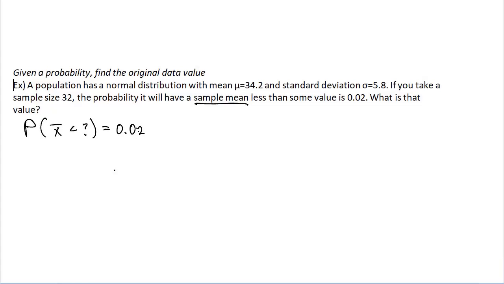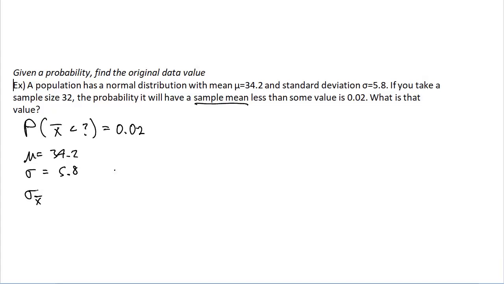Now let's write down some of the givens. They're written right there. We'll just recap them. We know that mu equals 34.2. We know that sigma equals 5.8. And we know that the distribution is going to be normal. However, notice that because we are taking a sample mean, we are not interested in the distribution of the population. We're interested in the distribution of the sample mean. So because that's the case, we are going to need